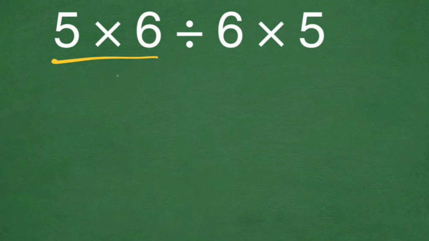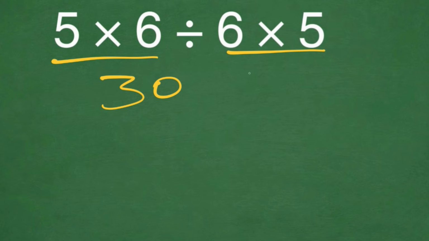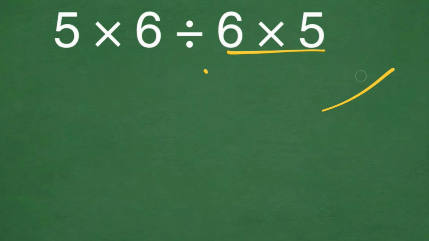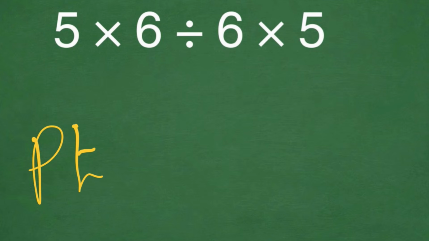5 times 6 gives us 30, and 6 times 5 again gives us 30, and 30 divided by 30 is equal to just 1. But this answer is not correct, because according to the order of operations PEMDAS, which I will write here,